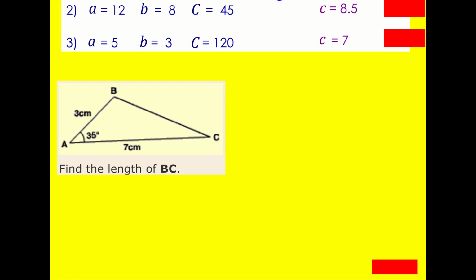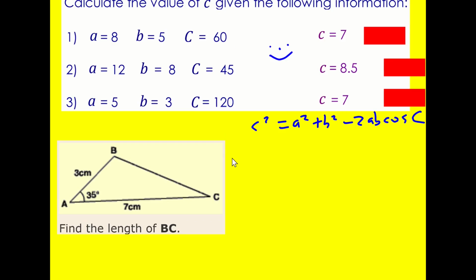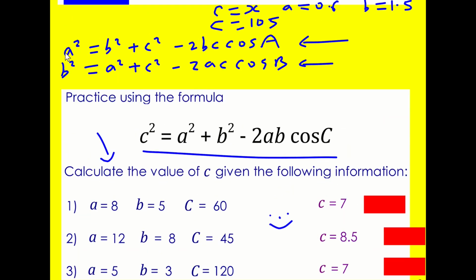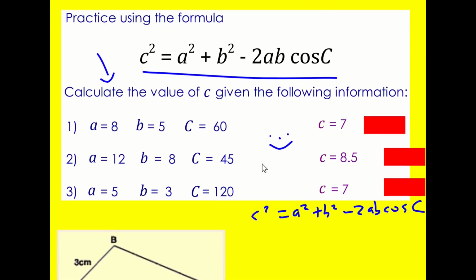Now, we've learned the cosine rule, so I would recognize to write c squared equals a squared plus b squared minus 2ab cos C. The thing is, this is the angle c over here, and this is the angle a. There's two options. You could write down the other version of the cosine rule, or